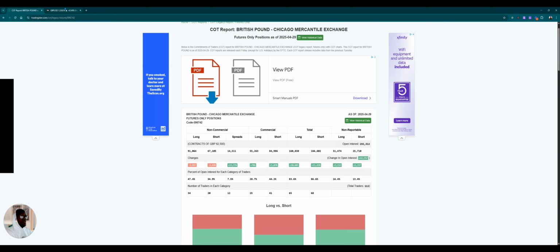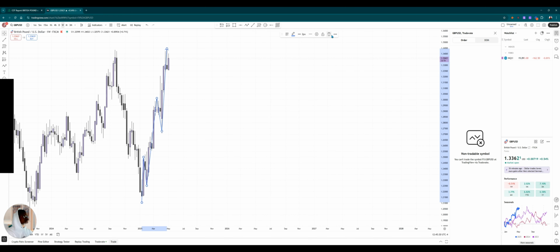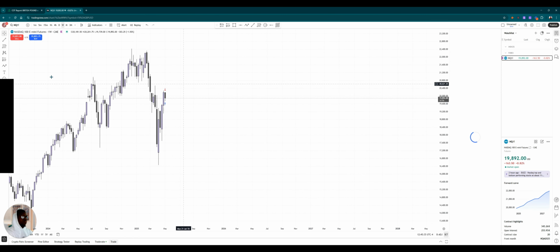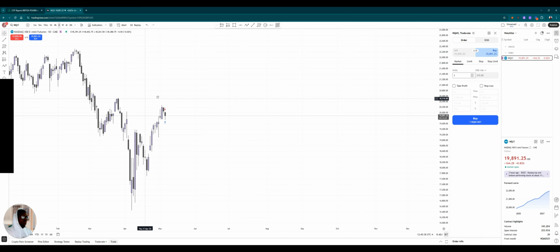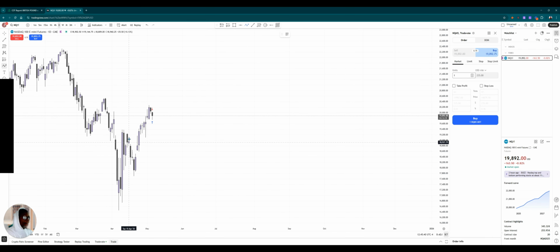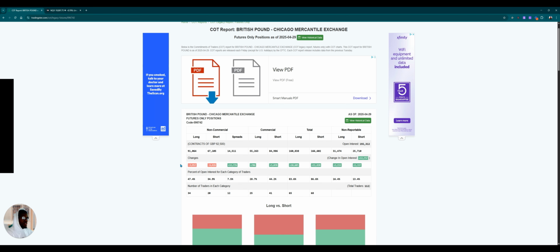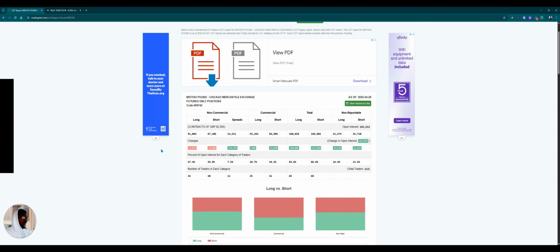Now we can do the same thing for NASDAQ futures. Let's head over to what I trade. So we are seeing a change in the state of delivery on the daily, or in other words, a bullish shift. That's what we're seeing here. And that is very representative of what we cross-referenced over there on Tradingster. So this is just a very easy way to check and ensure that you are trading with the institutional players